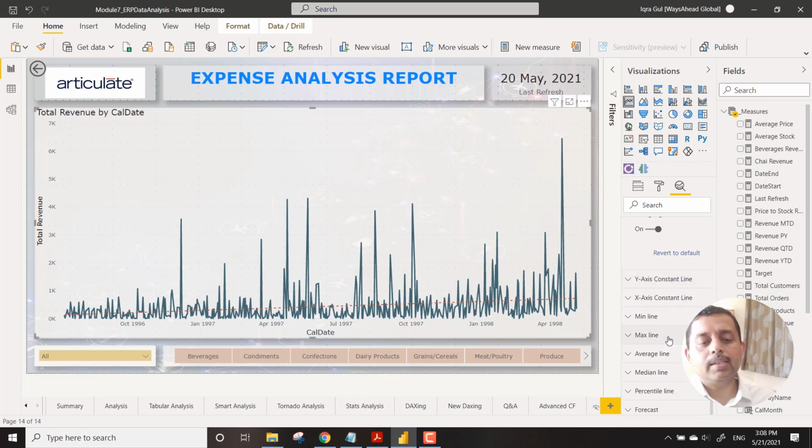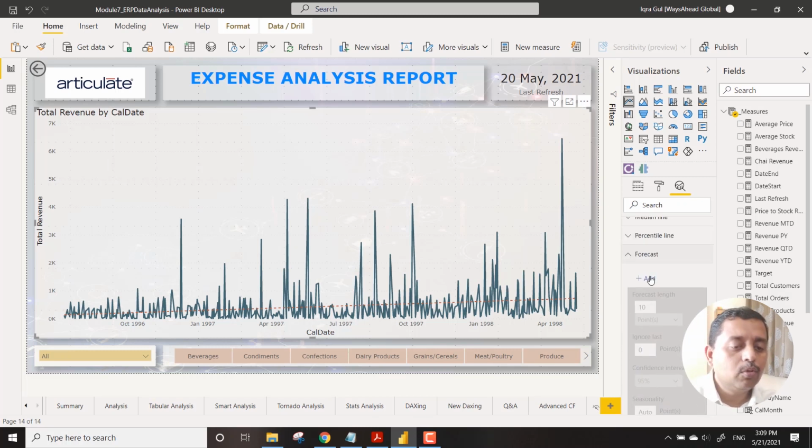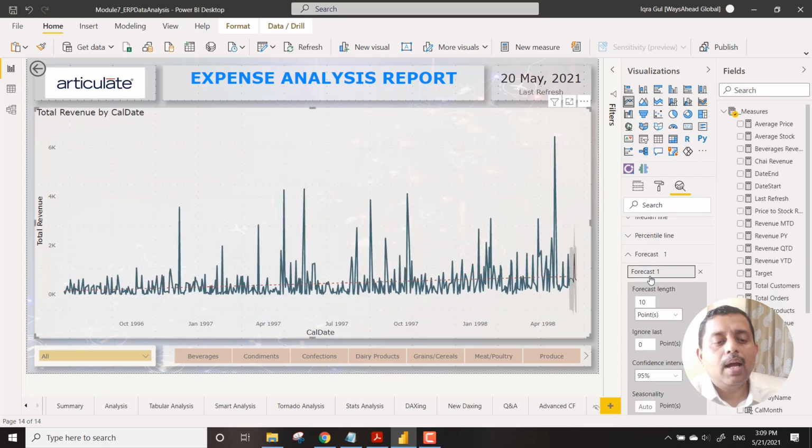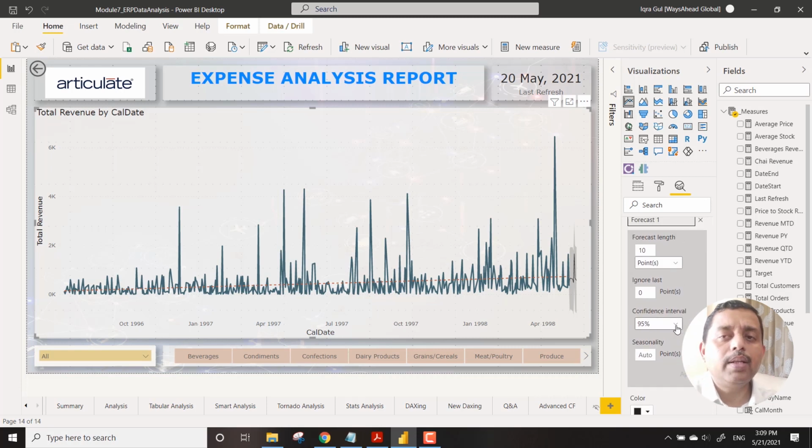But then there is an option over here which talks about the forecast of this data. This is the most important part. So now I can showcase the forecasting also, meaning I am able to see the forecasted trend. Usually the confidence interval is 95%. The confidence percentage is related to the external factors, and we assume that external factors in the next 2 years or last 2 years have not changed significantly.